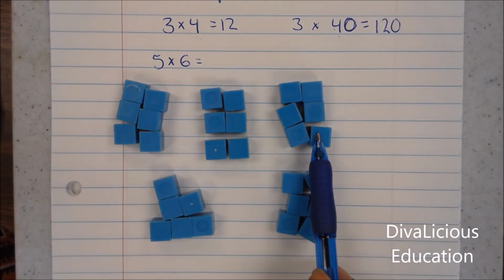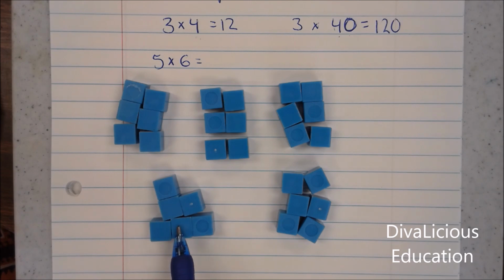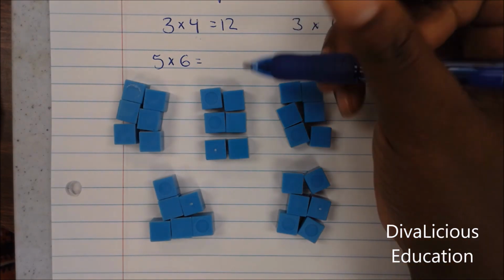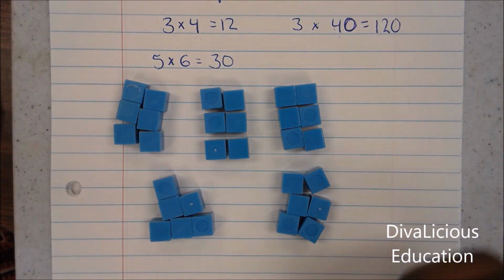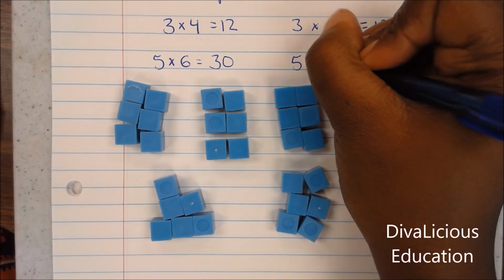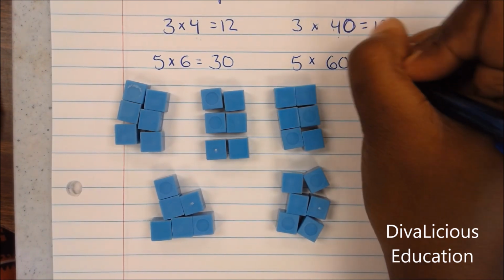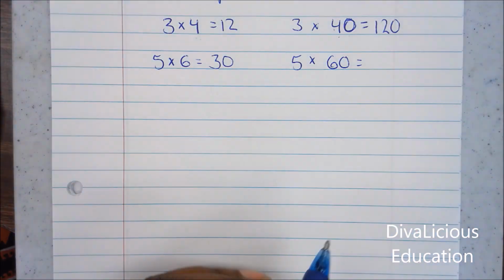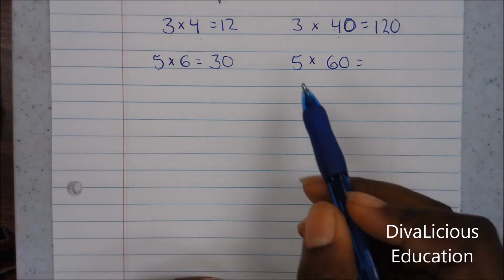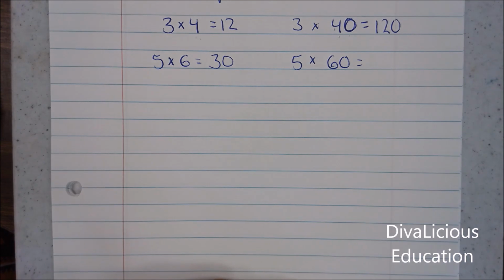12, 18, 24, 30. Great. 5 times 6 equals 30. So if I had 5 groups of 60, I would need to count by tens. So if I traded those out for tens and I had 5 groups of 60,